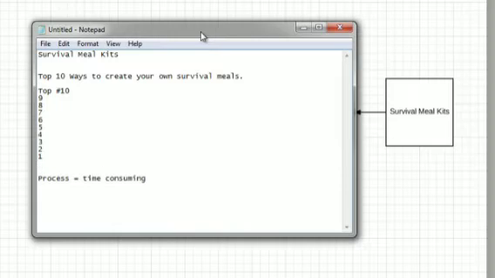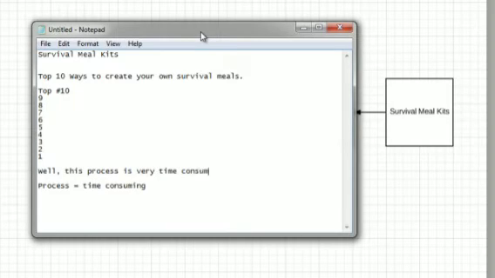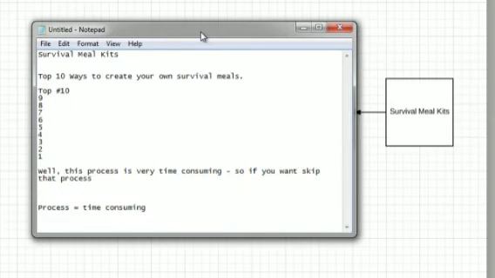Maybe at the last one you mention that this process is very time consuming. So if you don't have 40 hours a week or something to create these meal kits, and you want to skip that process, you can start listing why your meal kits are better than everybody else's, right?